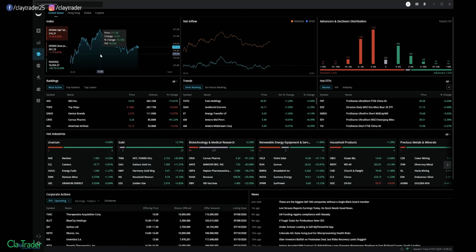So markets are down 0.24%, and that's going to give you a very quick baseline in terms of, okay, how can I find things that are relatively strong, relatively weak? And really the section that helps me the most, and I'm not saying none of these other areas could help you, but you look right here in the rankings area, and they have 3 sections: most active, top gainers, top